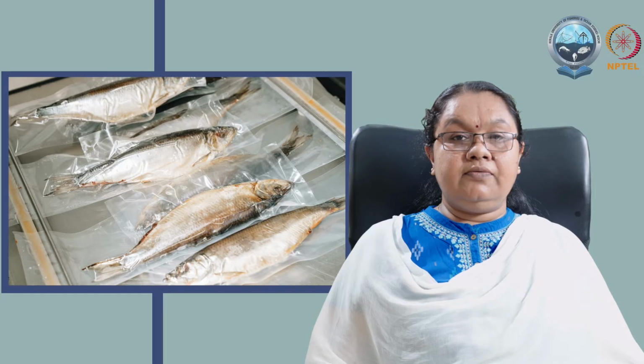And to reduce the water activity or the moisture content, we adopt various processing or preservation methods. These can be conventional or non-conventional. The conventional methods include freezing, drying, curing, smoking, canning, and the non-conventional methods include high pressure processing, ohmic heating, microwave heating, UV sterilization methods, etc., which are non-thermal methods basically. But we are not following the non-thermal methods because of their expensive nature and the high maintenance costs. So still we are continuing with the conventional techniques, but a lot of studies are going on in these